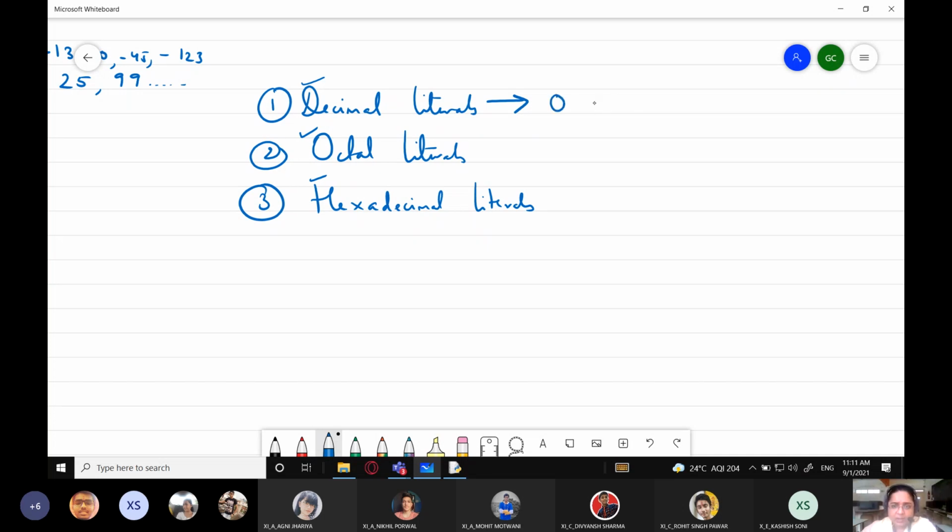That is, every number is a combination of 10 digits from 0 to 9. 0, 1, 2, 3, 4, 5, 6, 7, 8, 9. How many digits are there? Can you count them? 10. 10 digits. Okay, there are total 10 different digits which you can use to create any number. Like I write 945. This number is a combination of digits. The digits which have been taken in this number belong to the decimal number system.